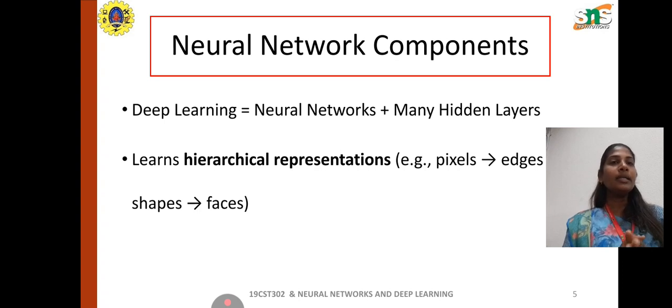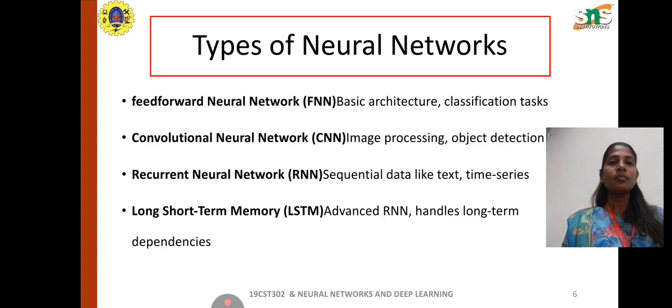Here, deep learning is nothing but a neural network plus many hidden layers. It may contain 10 or 1000 or we do not know. It handles complex patterns based on the problems, and the hidden layers will process them. It learns a hierarchical representation: first stage is pixels, then edges, then shapes, and finally faces. Then next, the types of neural networks. The first is the feed forward neural network, called FNN,